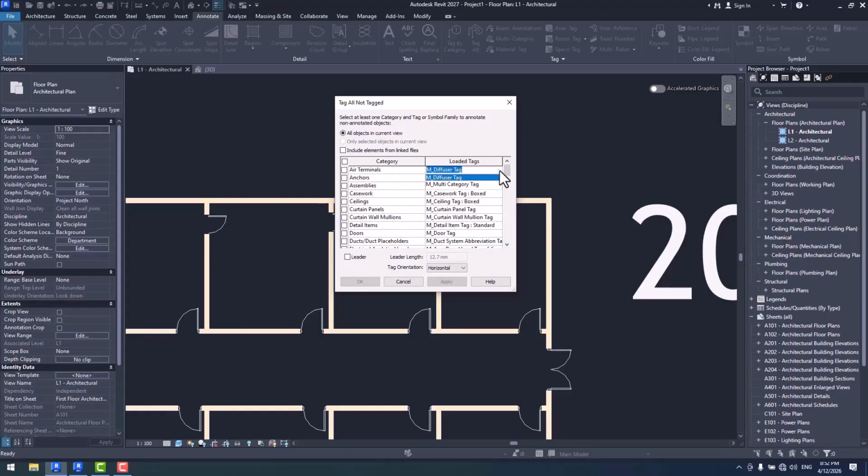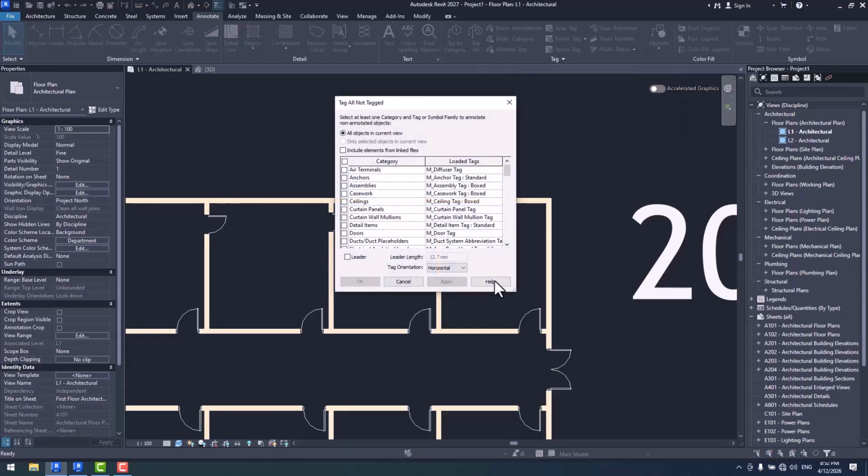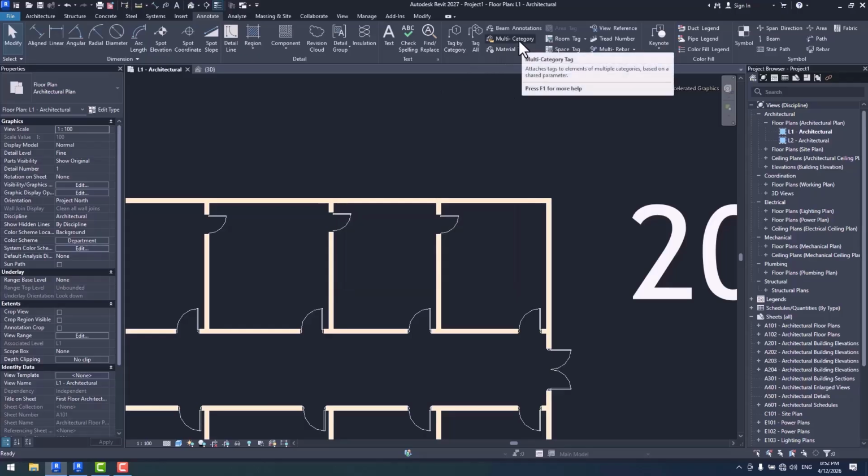Now, as I'm sure you already know, guys, from multi-category tags, we would be able to create specific tags, like, for example, type marks, type comments, anything that we have in mind. To be more exact, guys, we should be doing this to avoid creating or adding tags for all the categories that we have here separately and one by one. I mean, we shouldn't do this, like creating a window tag separately and then, for example, let's say show me the type mark. Instead of that, we should just create a multi-category tag because it supports all the items and